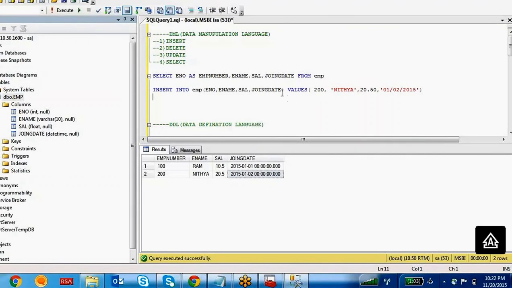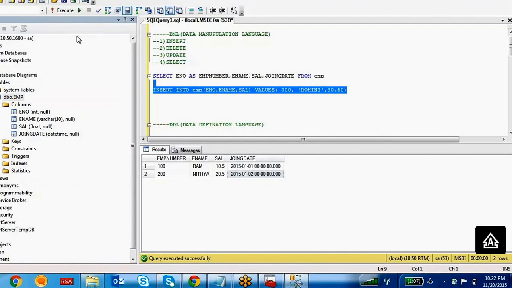For example, if you don't want to insert any date, you can delete the joining date here also. Employee number is 300, the name is Rohini, rate per hour is 30.